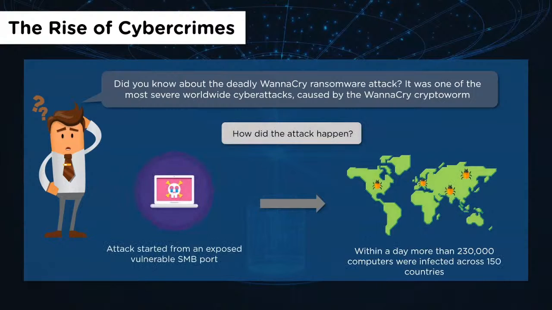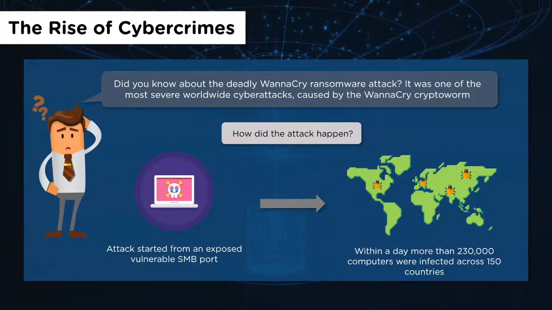And how did this happen? Well, there was a vulnerability that was identified in Microsoft Windows, the SMB vulnerability. SMB, which is server message block, is essentially the file sharing and the printer sharing services that you use in a LAN environment on Windows operating system. By default, these are enabled on your desktop, and there is a hardening guide that people utilize to either upgrade the version of SMB to a more secure version or disable SMB and utilize something else. Now, this was an unknown vulnerability and this was targeted, and within days, more than 230,000 computers were infected across